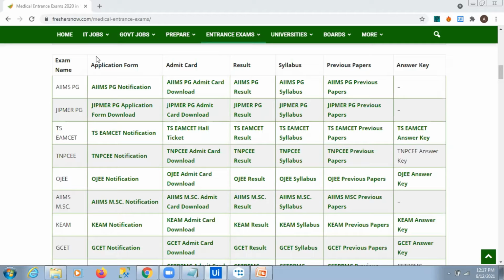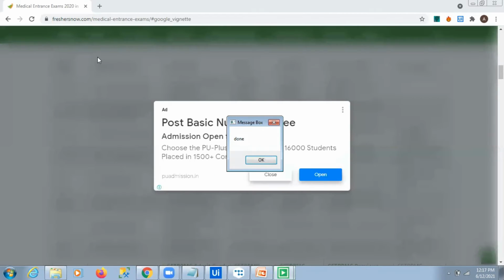So Ashwini, meanwhile, can you explain this solution more deeply? Exactly what is going on in the backend? First, getting the attributes. Exactly what? First he checks the exam name, this OJEE.